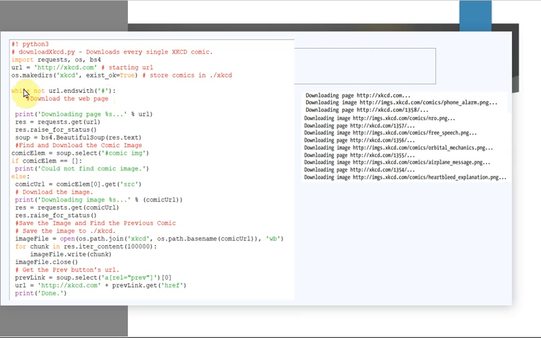As told in the beginning, we are using the requests module get function to download from the given location. That downloaded content should be stored in the current working directory, which is xkcd.